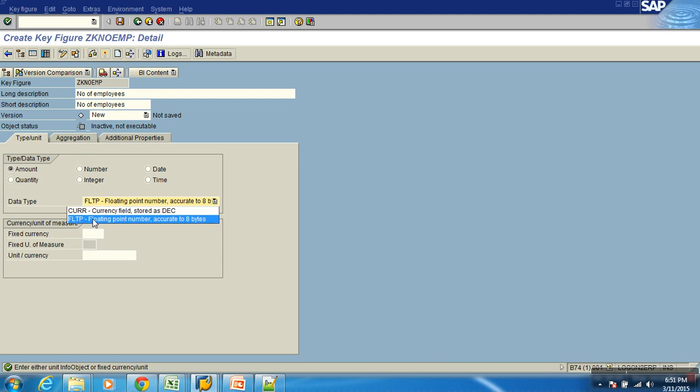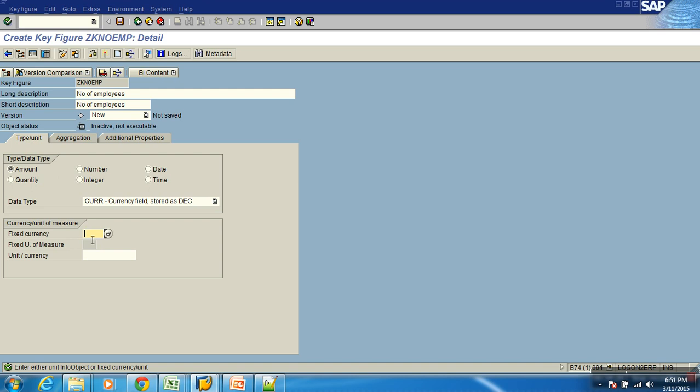Okay. Next, I got some data type called what? Now, you choose a type, what you want, amount. And then you can choose a data type here. Two things, CUKY and float. So CUKY will only have 2 decimals, and when you want a value with 16 decimal positions, then you can say, what? Float. And now for example, say I'll say CUKY, okay, only fewer decimals.